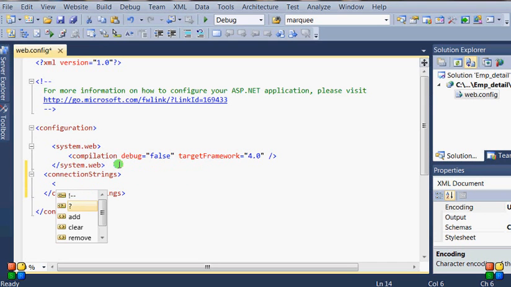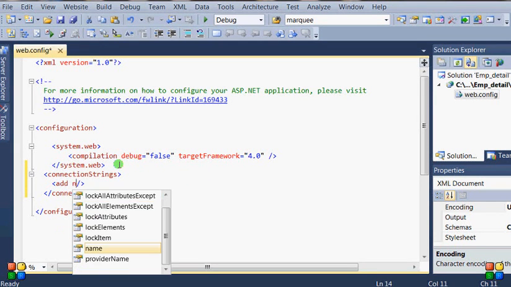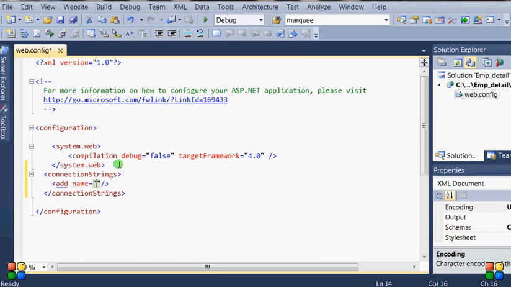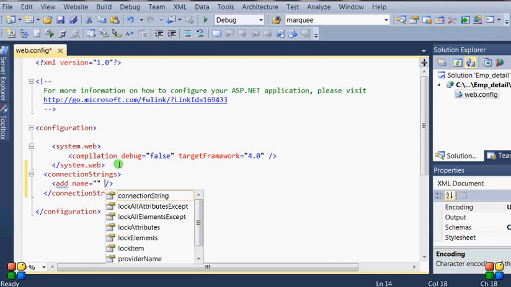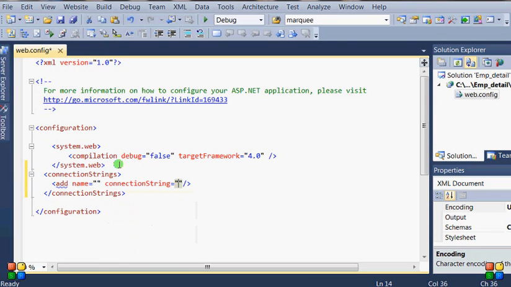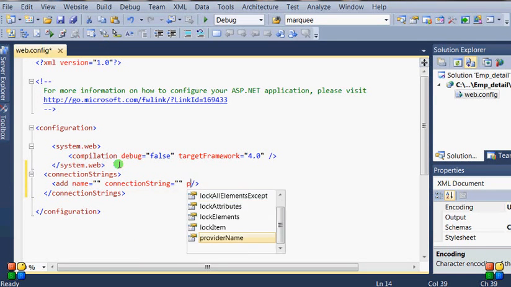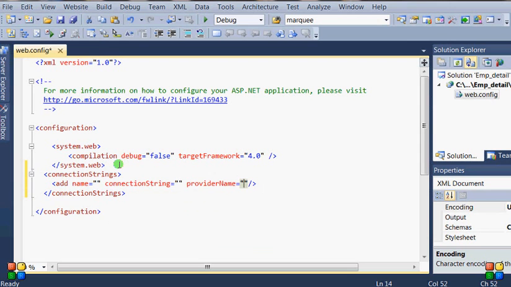Now add the name and connection string, and finally the provider name will be there. So our provider is System.Data.SqlClient.